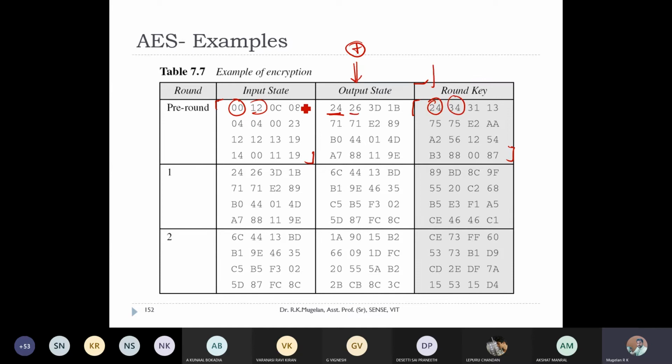This is nothing but your input cipher key, your W0, W1, W2 and W3 of the cipher key. This output will be the input for my first round, and this is the round key generated for round 1, K1. And this is the output after all the operations of sub bytes, shift rows, mix column and add round key.